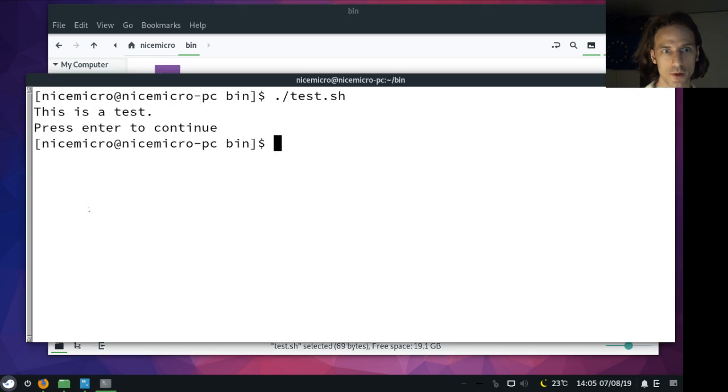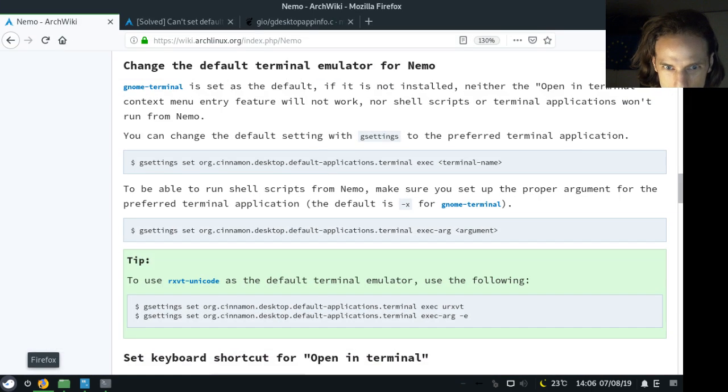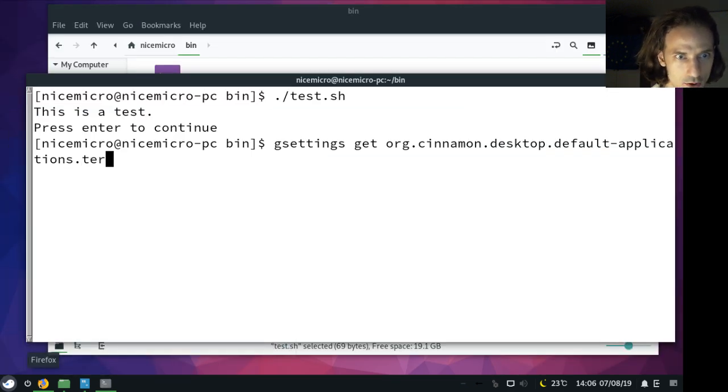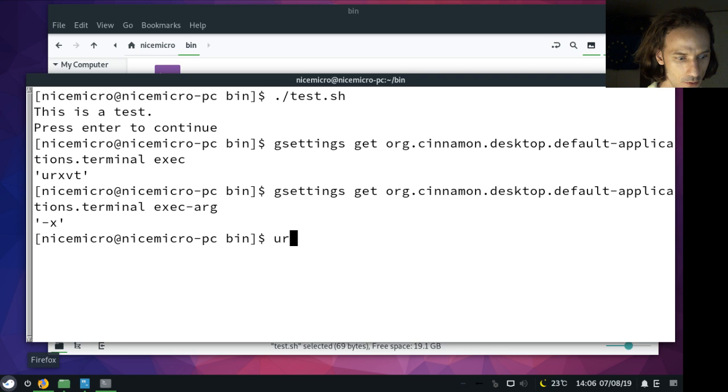The reason is that if we go to gsettings and get org.cinnamon.desktop.default-applications.terminal exec, you can see it's URXVT. But if I check what the exec-arg is, you can see it's -x. So if I go for urxvt -help,